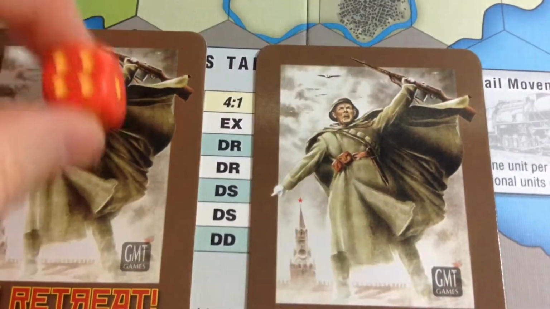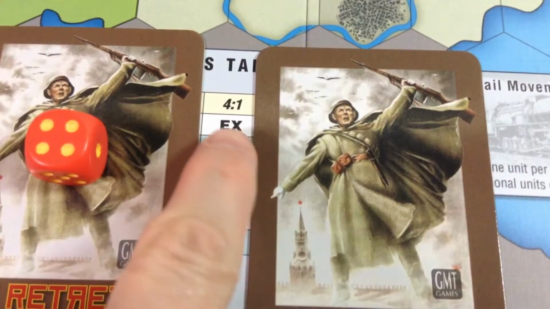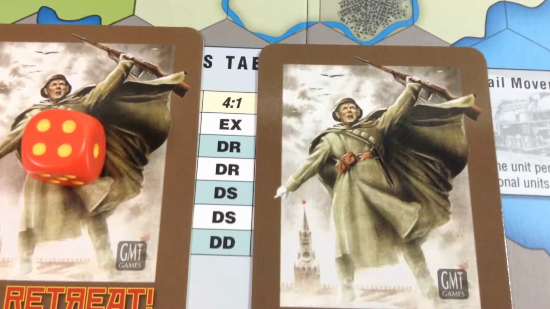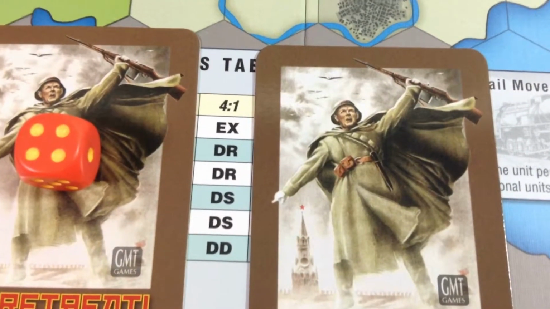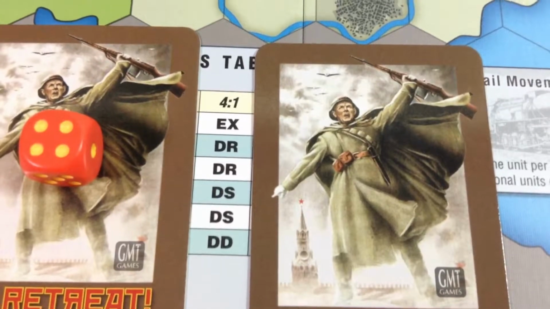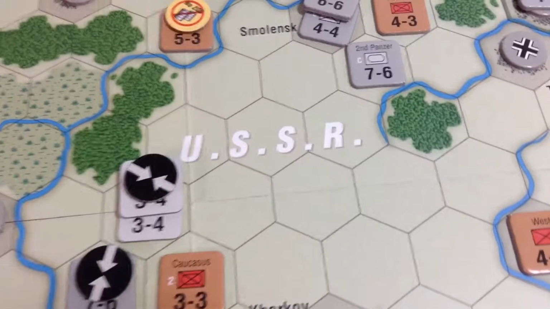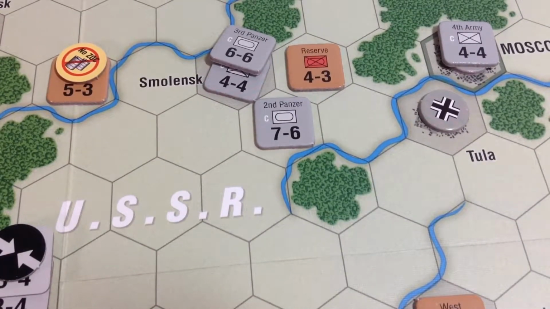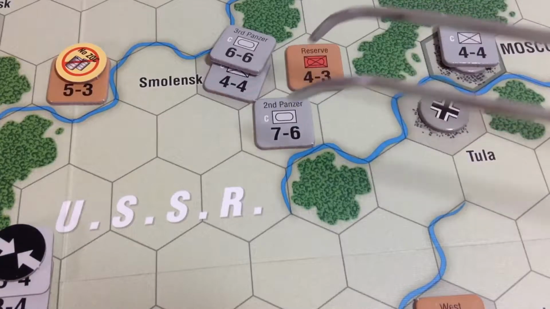That's a 4. 1, 2, 3, 4. Defender shattered. Retreats 2 hexes. If not destroyed, place in the shattered box. Alright, and I get a free advance into that greenery, which is okay. My biggest problem is going to be...